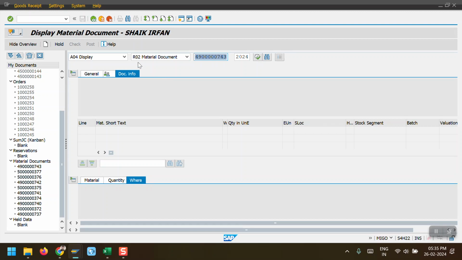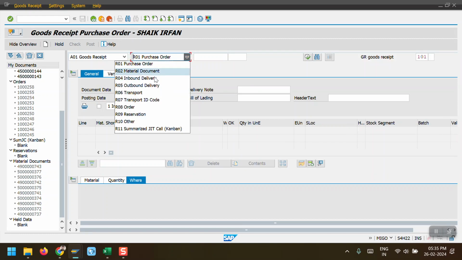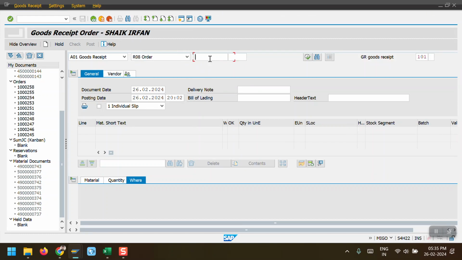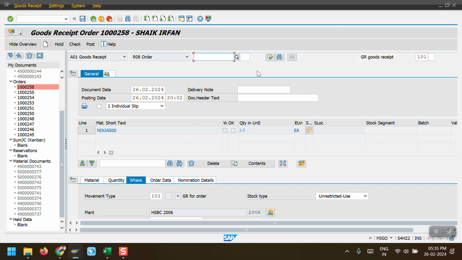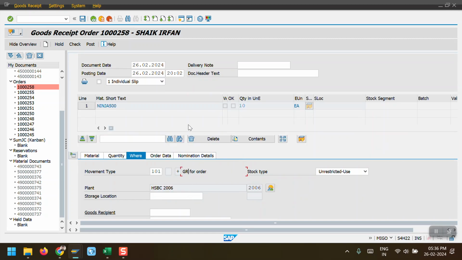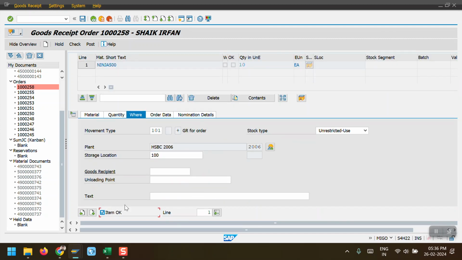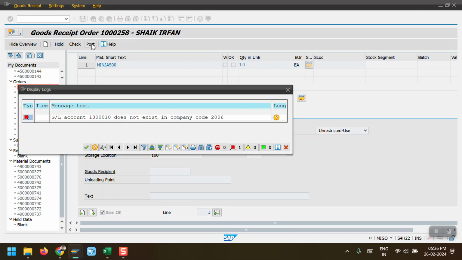Here we select goods receipt against order and mention the order, then click on execute. This is my finished product, 10 quantity. Now I need to mention the storage location, click on item OK,